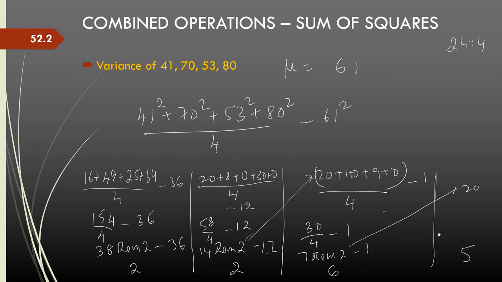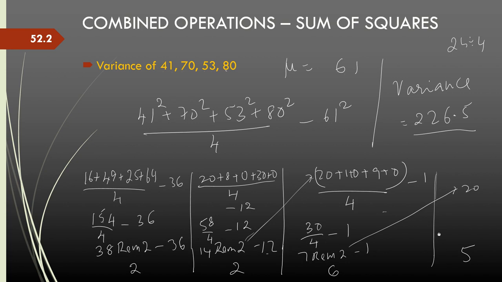So hence the variance of the given numbers is 226.5. As you can notice, I am not calculating the whole sum of the squares, then dividing by 4, then calculating the mean square separately and subtracting. I am just doing the entire operation in one go, being careful that I evaluate place value by place value. It's very easy; once we practice a few times, this becomes very natural and you will be able to calculate very easily.